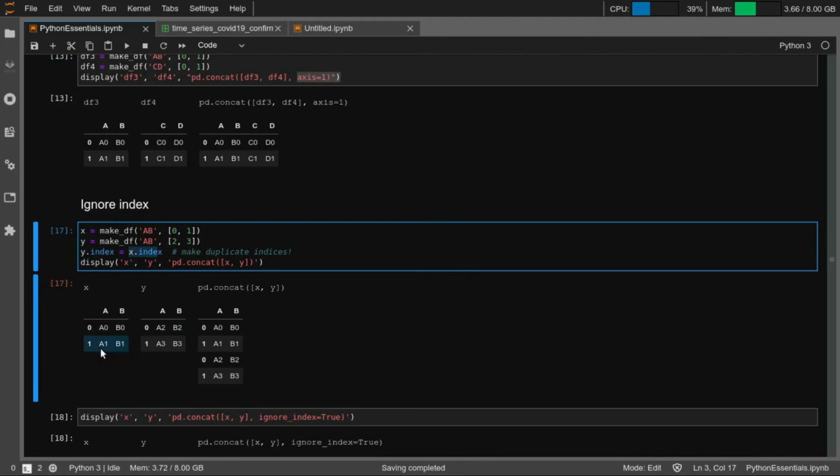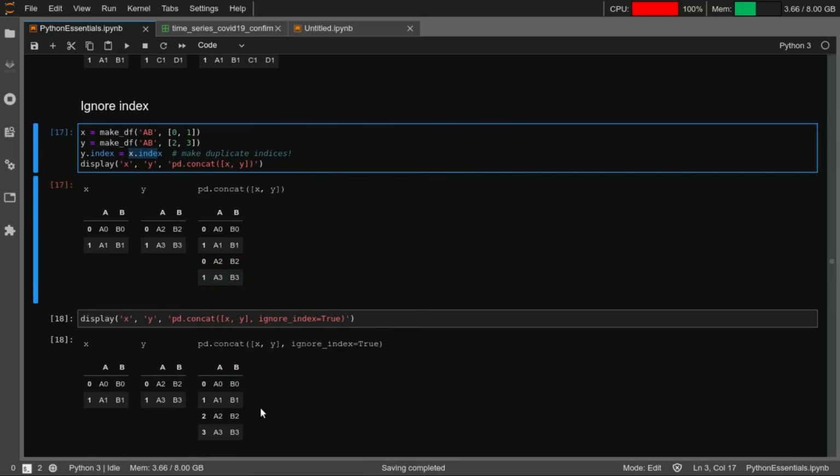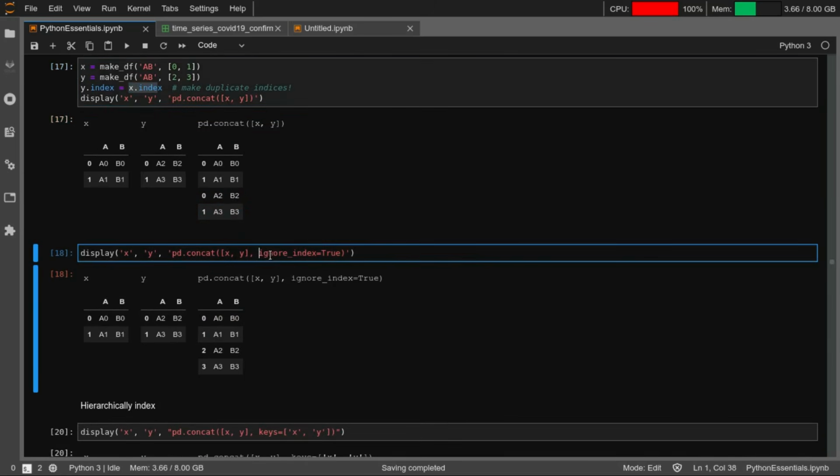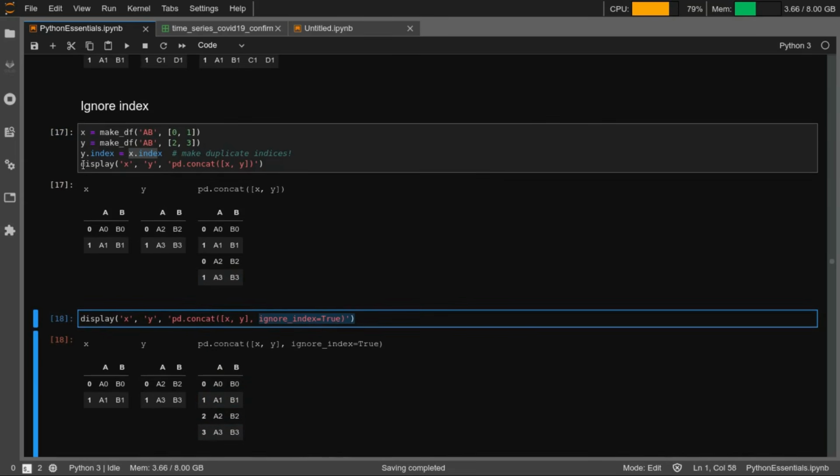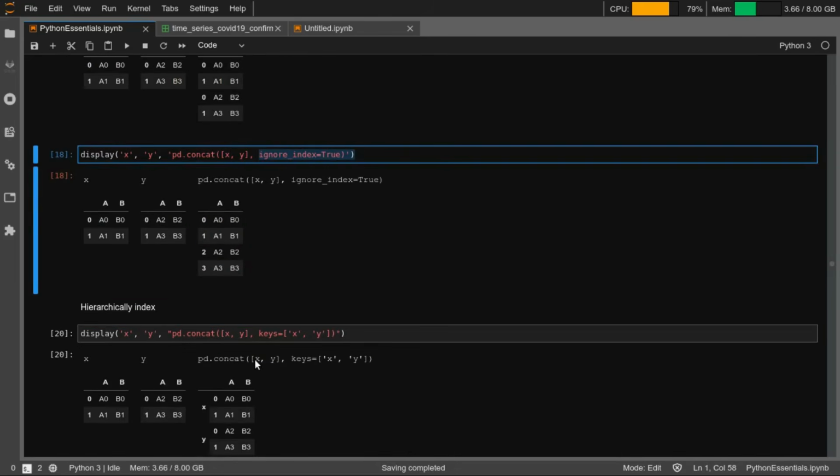So x index was 0 1, y index is also 0 1. When you concatenated, this index ideally should have gone to 0 1 2 3, but since you chose to keep it, it was 0 1 and 0 1. If you had said ignore index, it would have gone to 0 1 2 and 3, right? Since you had specifically mentioned the index here, it went to 0 1 and 0 1.